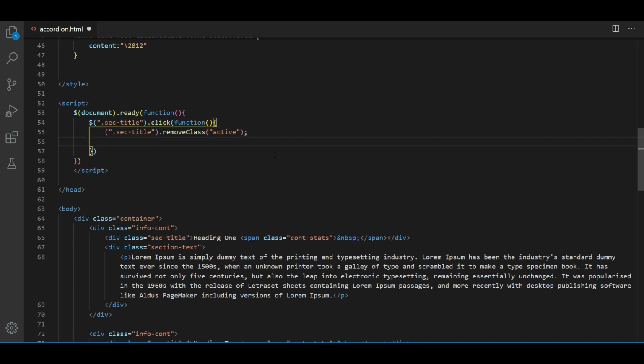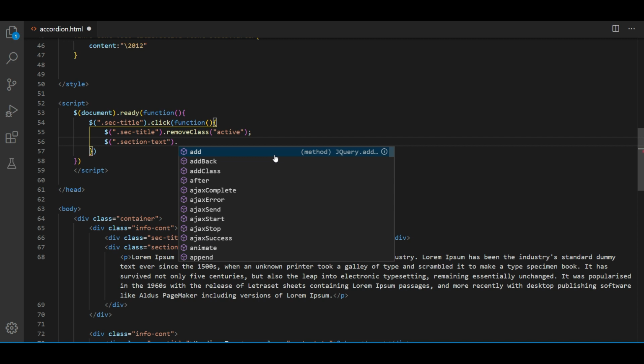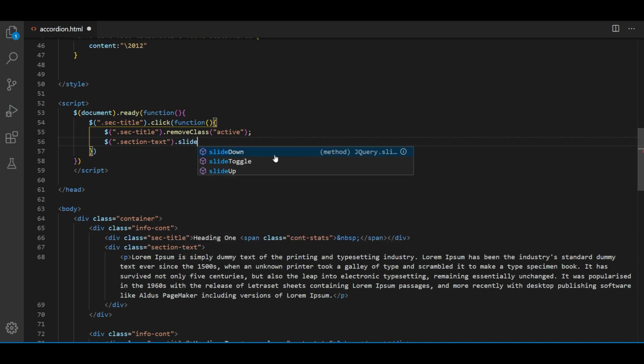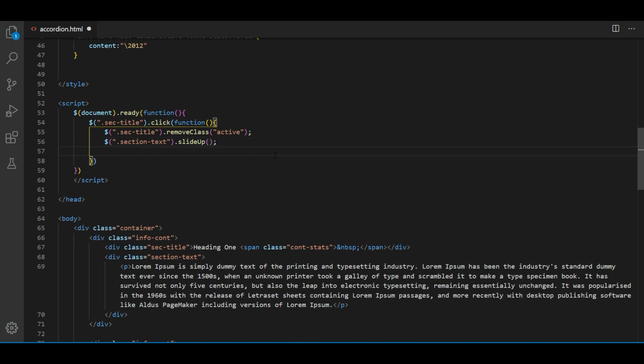It will check all section titles and remove the active class if it is there. Now we have to close all descriptions. So for that, dot section text dot slide up. These two lines of code are general for all sections.